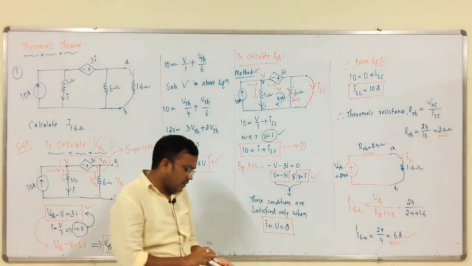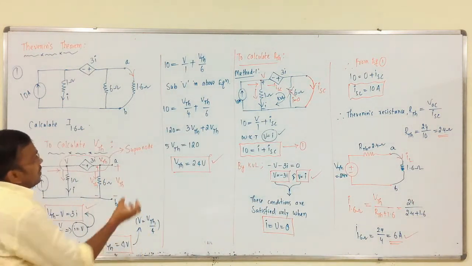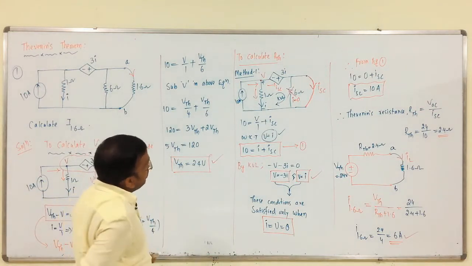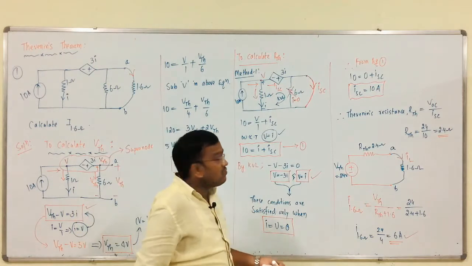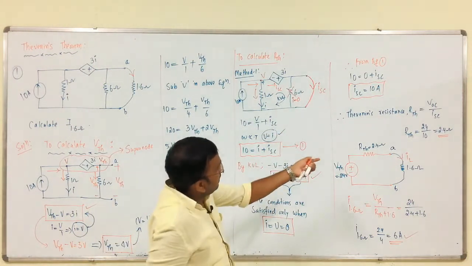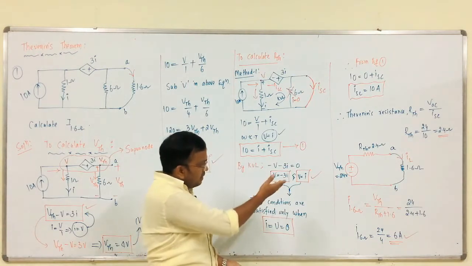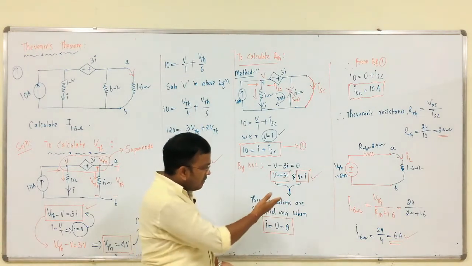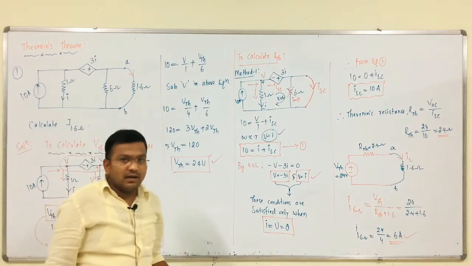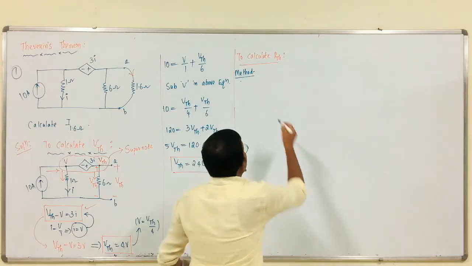That is it. So, we have to calculate the open circuit voltage by conventional method. So, now for the calculation of RTH, this is method 1, we have to calculate ISC, later we have to calculate RTH, then we will get the Thevenin's equivalent circuit. Finally, we have the current through this branch, that is 6 amperes of current. Let us do the problem with method 2.